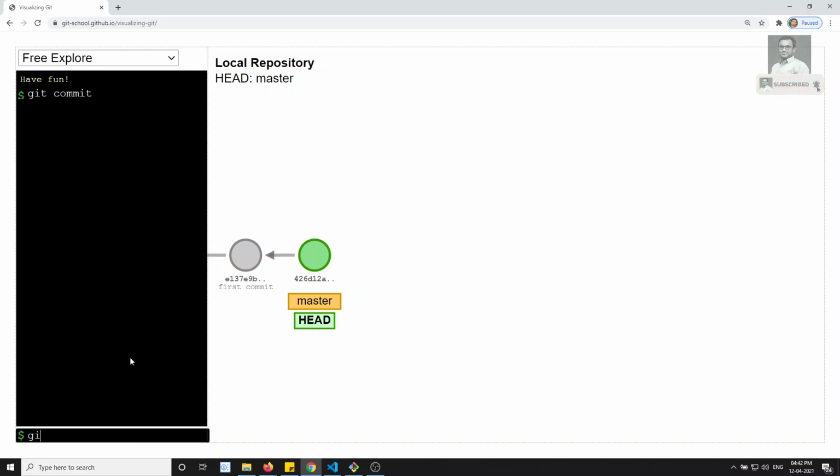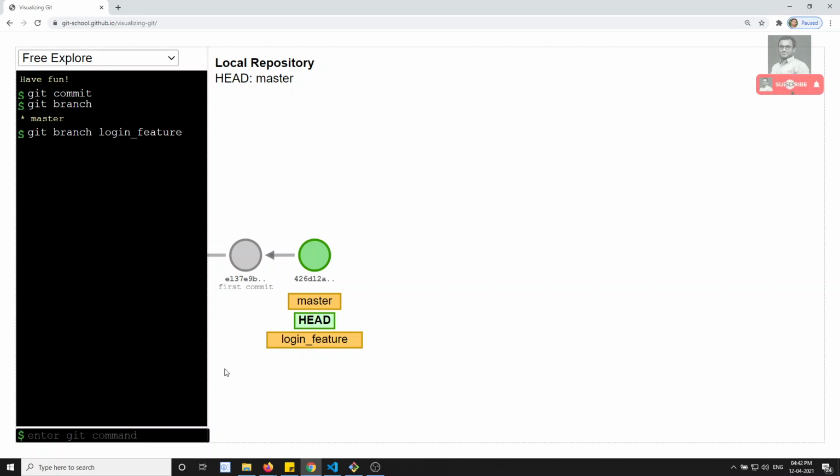Now I will create a branch, something like login feature. I want to start a new concept, login feature, so that I don't mess up the master branch. I am creating a branch from the master branch. Right now, if you want to check from which branch I am taking, you can see that it is the master branch. Now I will create a branch: git branch login_feature. If you look here, the head is on the master, but the new branch has been created.